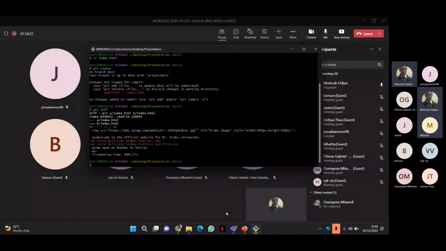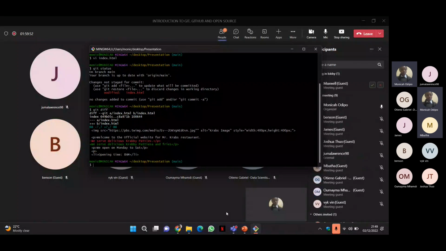So you see, Gabriel, like I was saying, the sample I've shared here, this sample website for the restaurant. Suppose we have a team of developers working on it, let's say around 5 developers. We want them to work on different issues. Maybe one is improving a part of the website, someone is fixing a bug, and someone is implementing a new feature. Those are different activities. We are assigning them to different people, but